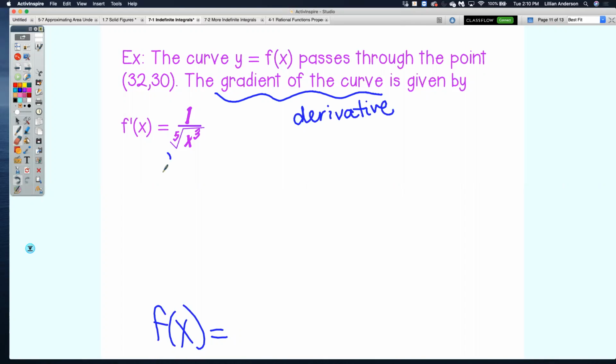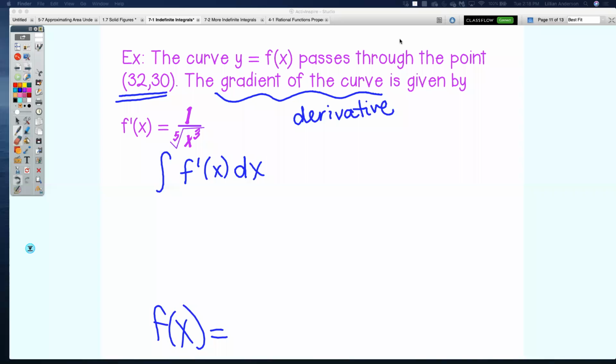Just a reminder, you have to take the antiderivative of the derivative function given to you, and then plug in the point for x and y to find your c. So I'm going to pause the video. I want you guys to do that. So we do the antiderivative of the